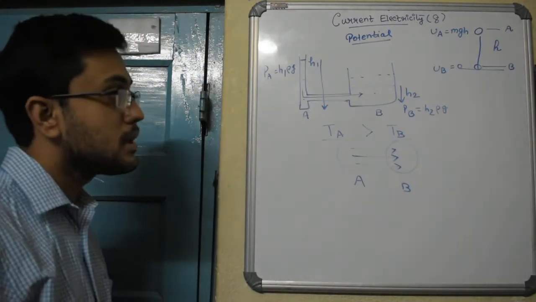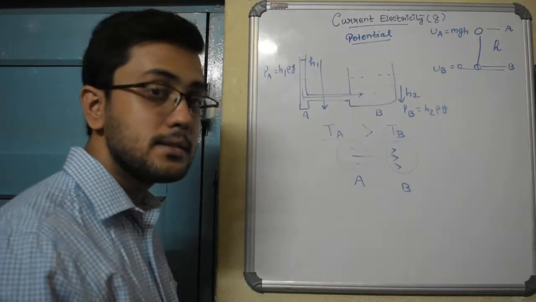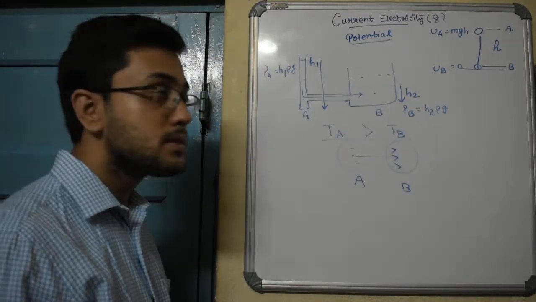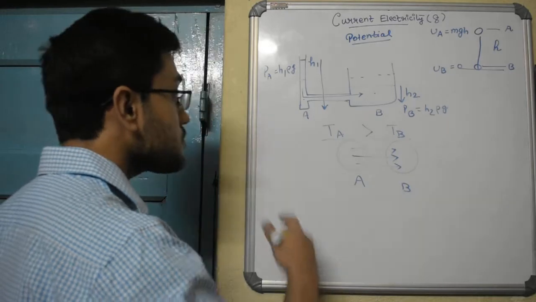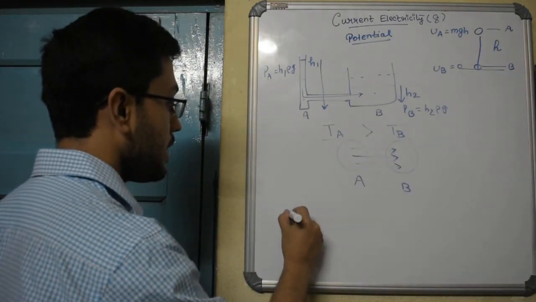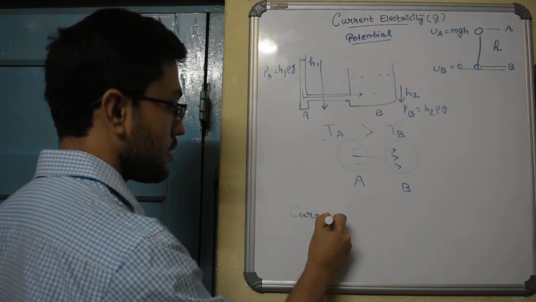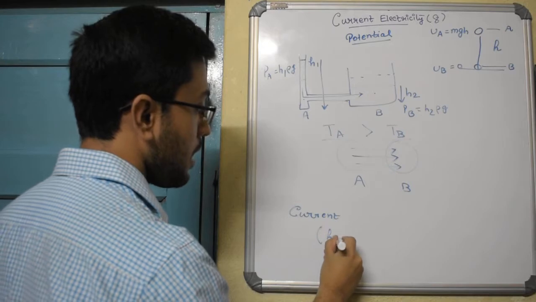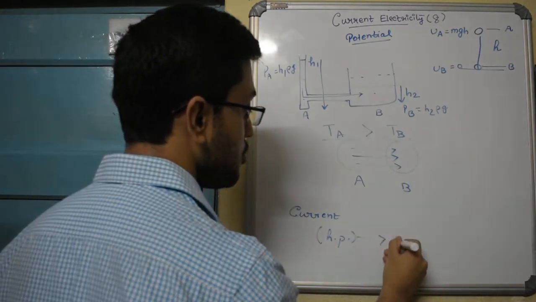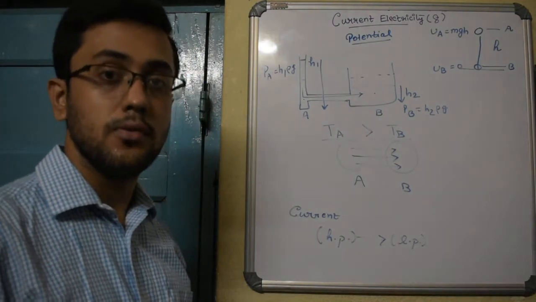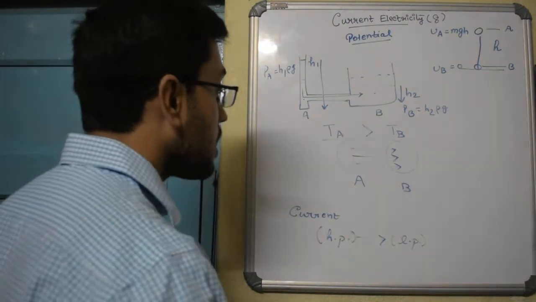Now all of these things quite obviously lead us to the concept of electricity. So when electricity was first discovered, the scientists said, well, just like these different analogies in nature, current should also flow from a higher potential to a lower potential. This is how currents should flow. That was their conception.